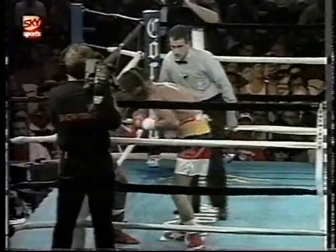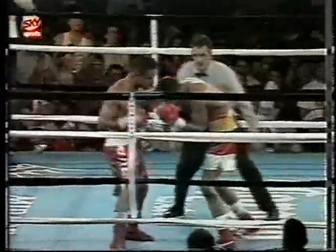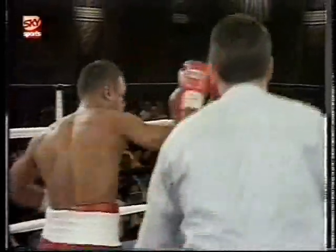With the most emphatic answer to his problems. And it started with that left hook, and then the second left hook. You see the legs dip badly there. Vazquez realizes his chance, switches angles for the right hand. Well, not to go down there, Rojas. Although that was counted as a knockdown because the ropes kept him up. That's in the rules. But this is the finish, the big left hook. Again, the head goes, and you see, gets that final left hook in as the referee tries to step in...